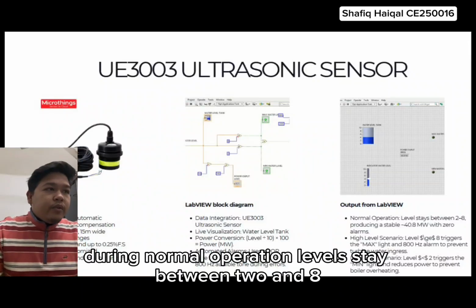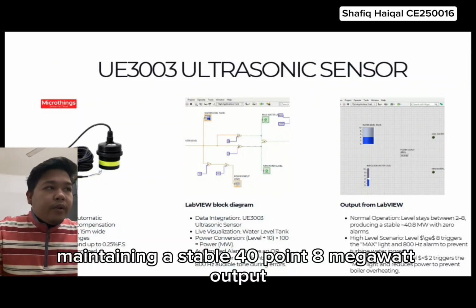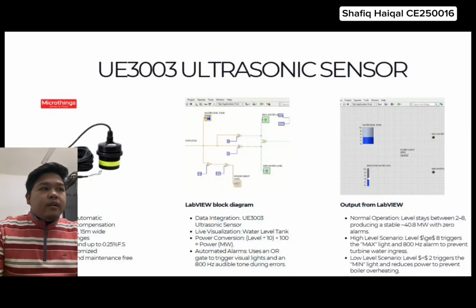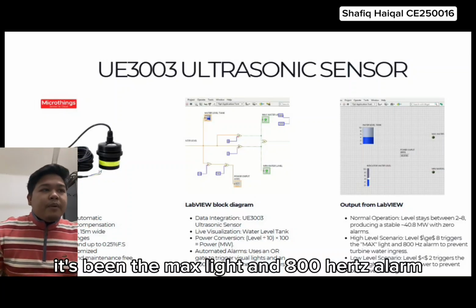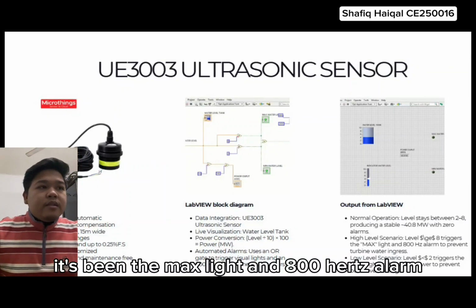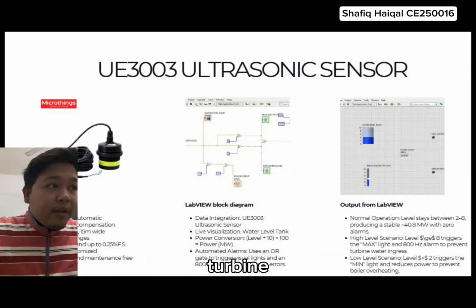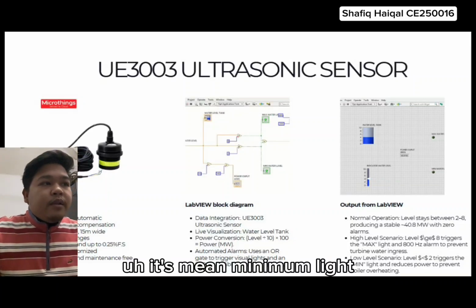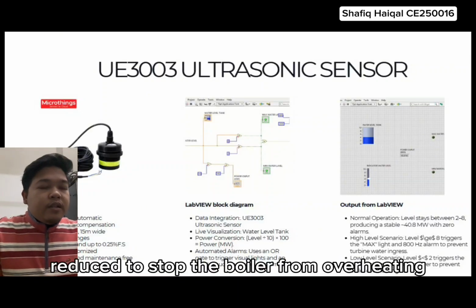System operation: during normal operation, levels stay between 2 and 8, maintaining a stable 40.8 megawatt output. At the high level, at a level of more than 8, the max light and an 800 Hz alarm are triggered to prevent water from entering the turbine. At a level less than 2, the minimum light activates and power is reduced to stop